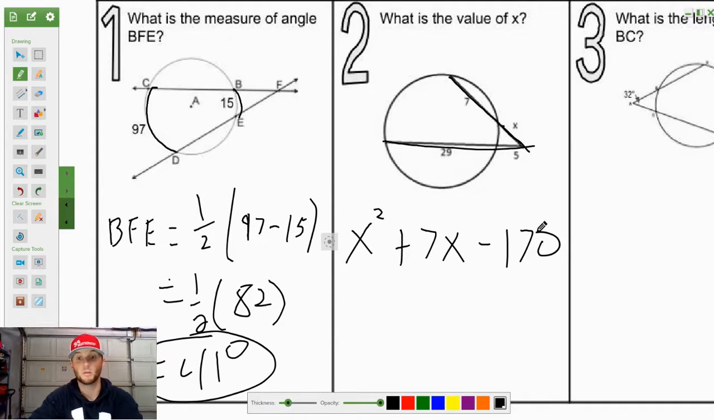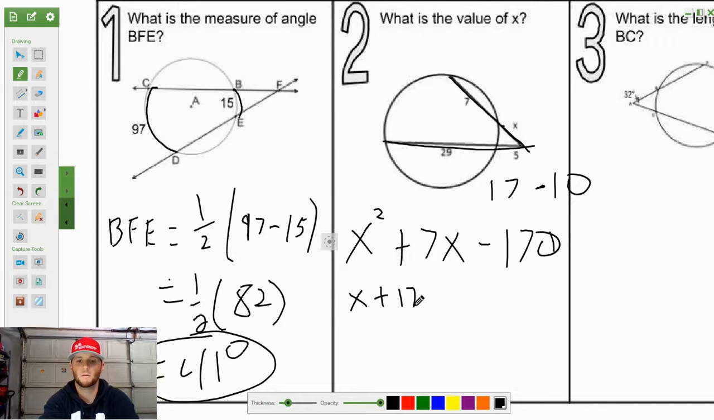So what I'm actually going to have to do is solve this quadratic, something that you learned in algebra. So I have to figure out what two numbers are going to multiply together to equal negative 170, and they're going to add together to equal 7 as well. So just to skip to it, 17 and 10 are going to be those numbers, but 10 is going to be my negative, because 17 times negative 10 gives me negative 170, and then 17 minus 10 would give me 7. So this is going to split up into X plus 17